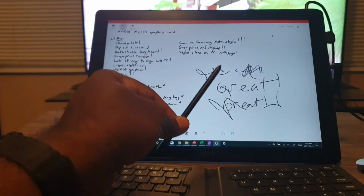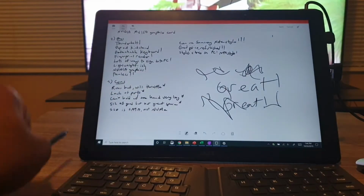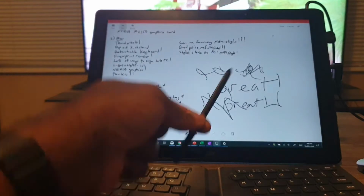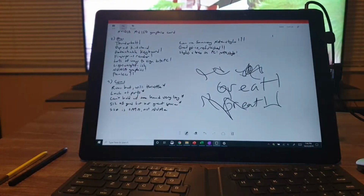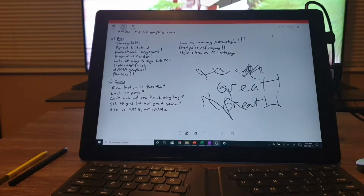And the stylus has 4,096 pressure points on the screen, so that's really cool. And the stylus has no battery. That's another thing that's really cool about this. Zero battery, you don't have to worry about this running out of power to use. So for $1,700 at the time, that was good. But I got this refurbished for $1,000. Now, that may still seem like a lot, but compared to, like I said, the retail price, $700 off,